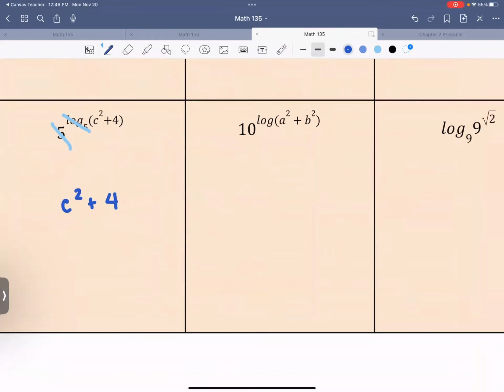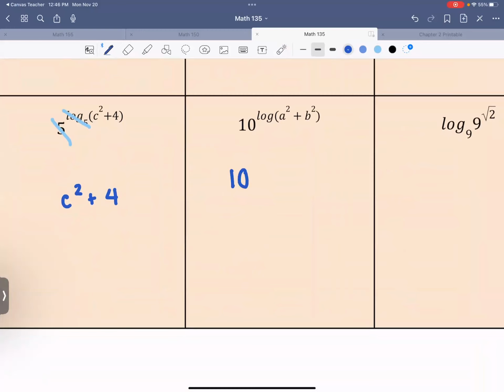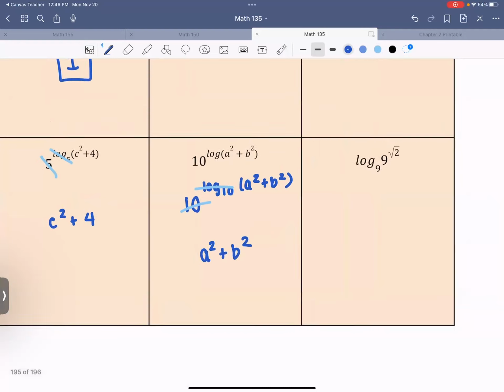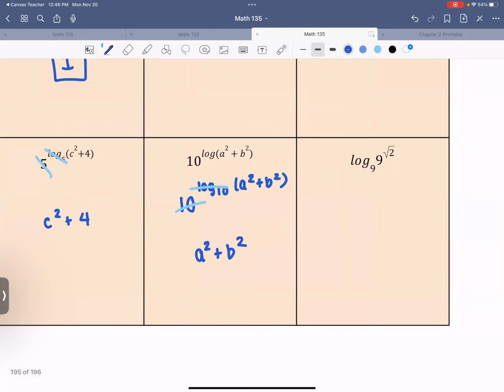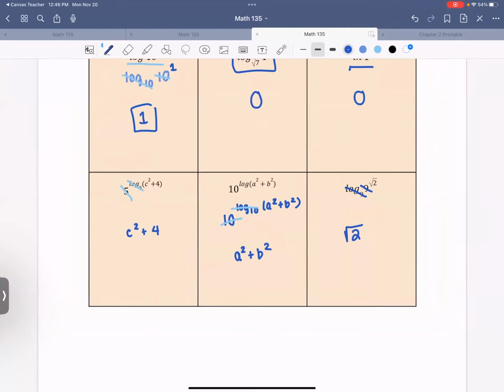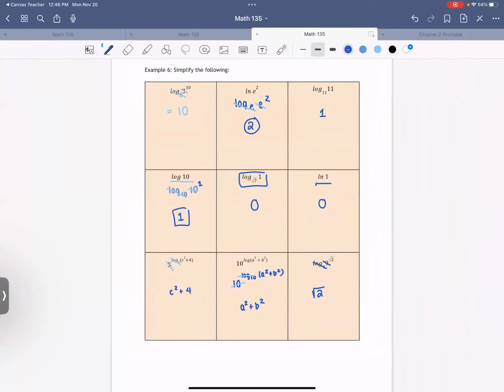Moving on here. This one's a little tricky, but what is the base of just log 10, right? So I can write this as 10 to the log base 10 of a squared plus b squared. And, well, these guys would cancel out, right? So all I'm left with is a squared plus b squared. That's it. What would cancel out on the last one? Everything but the square root of 2, right? So that would be the one that's left. All right. Any questions on logs? All right, I think